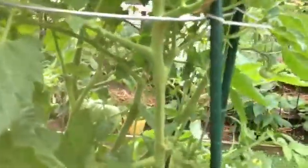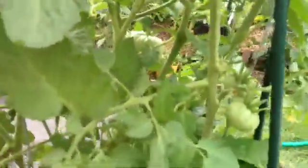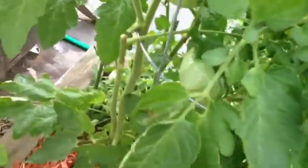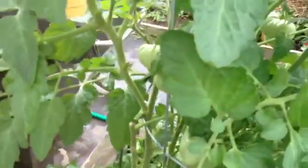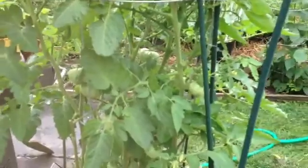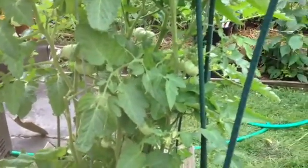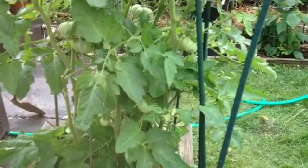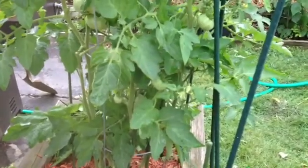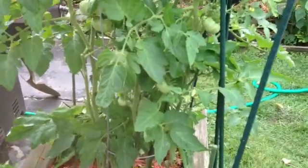But anyhow, I did my pruning, and you never really complete your pruning because you still find suckers that you miss. But one of the key things about pruning is you want to direct your energy in the right direction. You don't really need the energy making a whole bunch of leaves and foliage, so you can cut back on them. So what you do is you start from the bottom,